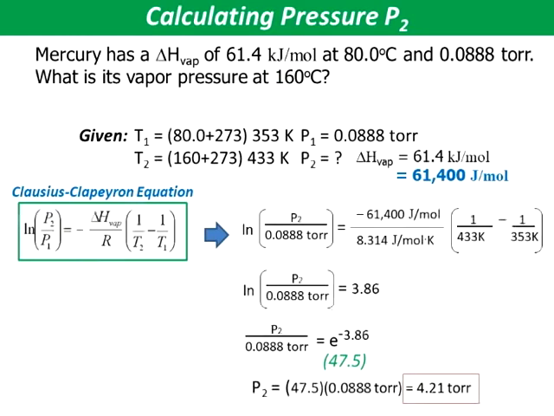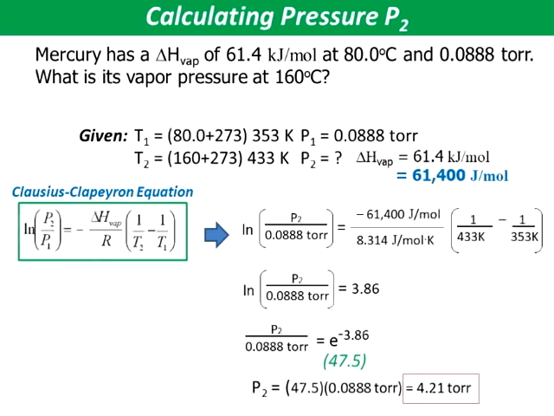Then we take the Clausius Clapeyron equation. We put in the values for each of the variables shown here, where we have P2 over the torr, and we'll take the natural log of that ratio. We have our delta H vaporization over our R, and that's multiplied times the difference between the inverse of our temperatures. We then use our calculator to punch the numbers through, and because we're working with a natural log,